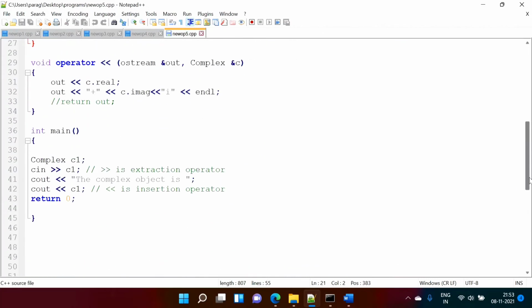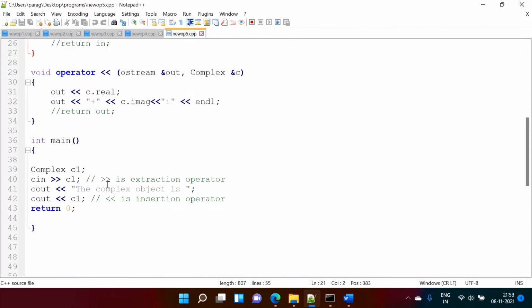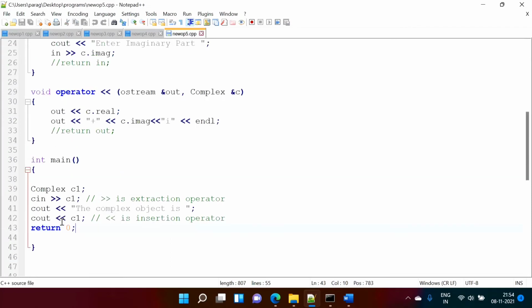Now see, in C++ language these operators are defined to use with these objects only. This can be used with the cin object, and this can be used with the cout object. As we have written the operator overloading definition of this operator outside the classes, we need to pass these parameters explicitly to this operator overloading definition.